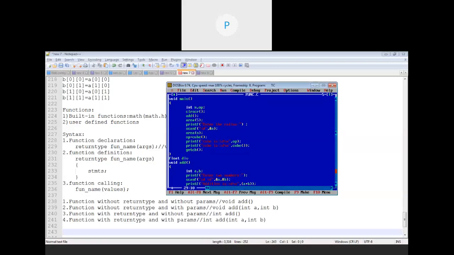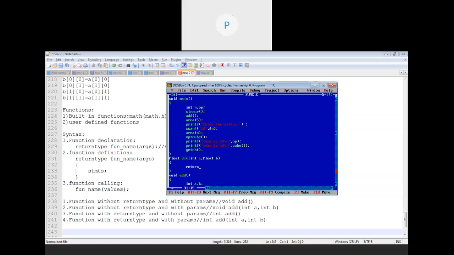So float div. Now the choice is totally ours what type of user input we take. So I have taken int a comma float b. Just like we had seen in a menu driven example, in case of division, the divider must be given in a floating point format. So I'm accepting the value of b as a floating value.